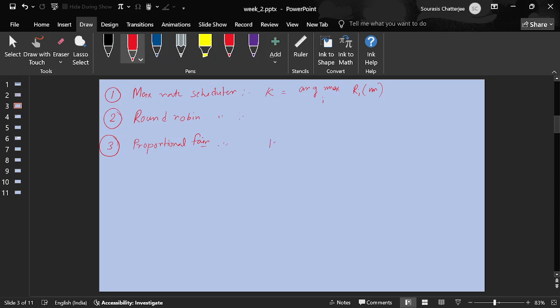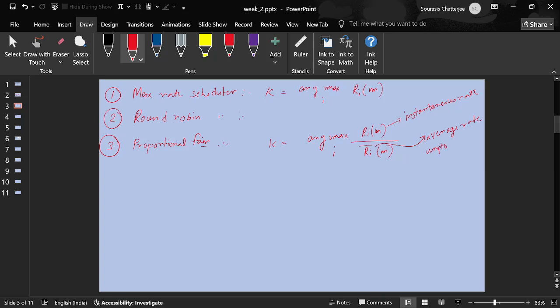For proportional fair, it's almost similar, apart from a division by another quantity. This one is the instantaneous rate, the rate at mth time instant, and this one is the average rate